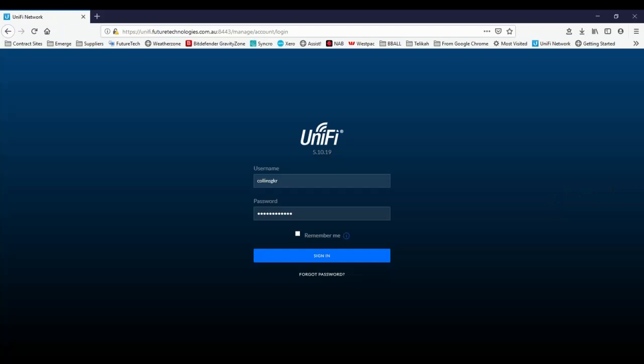Just giving you a quick rundown on the Future Technologies Unifi web controller. You'll obviously be aware of this if you're signed up and have access, as it's your control portal for the guest Wi-Fi network that we've installed for you. You would have received a welcome email. Inside the email is the link to this website here,